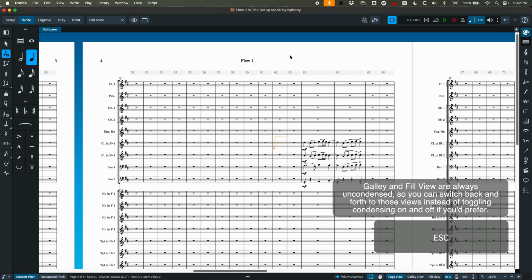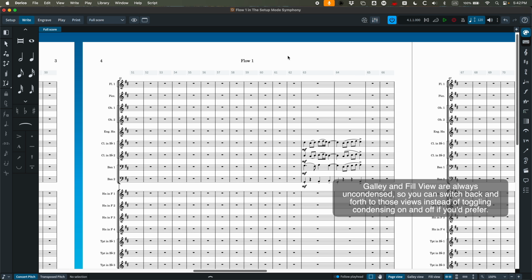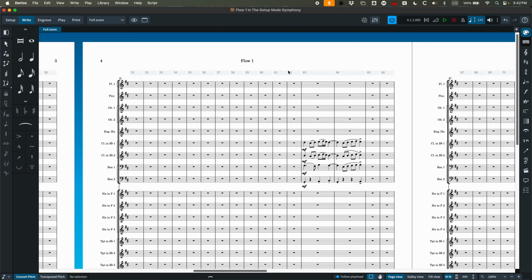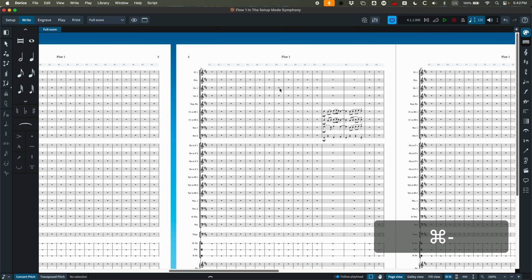So now I can write in the clarinet staff and everything. So it is a little bit backwards from Finale, where you're writing in the combined staffs and then parsing it out later. In Dorico, it's the complete opposite. You're writing in the individual staffs and allowing Dorico to condense automatically. Again, there's a lot more to condensing. Hopefully we can add some links in the description to some more videos about condensing, because it is a really